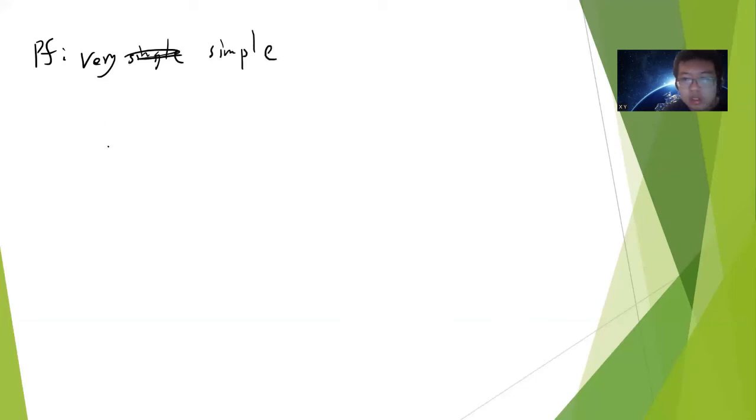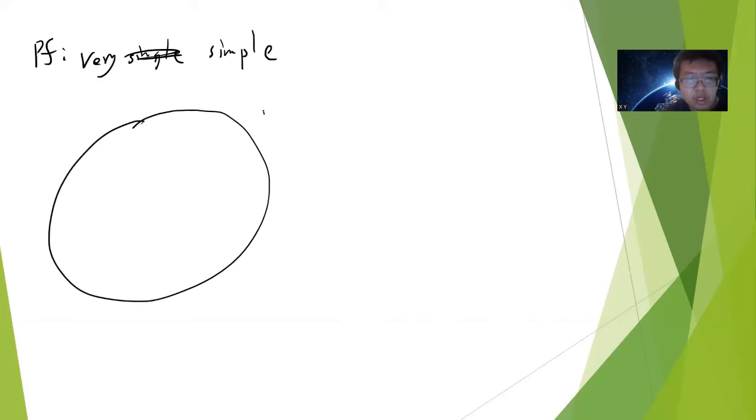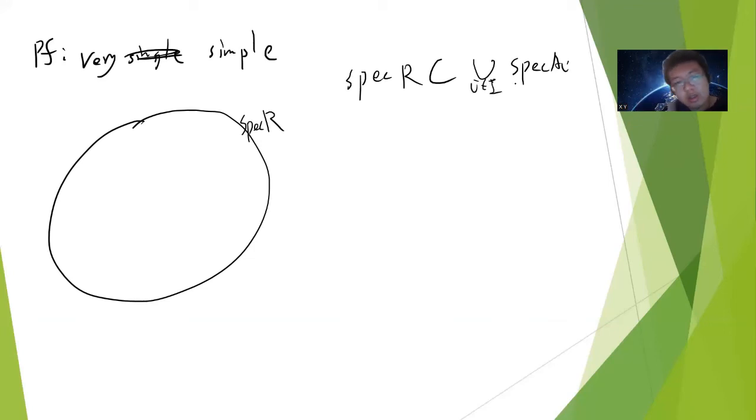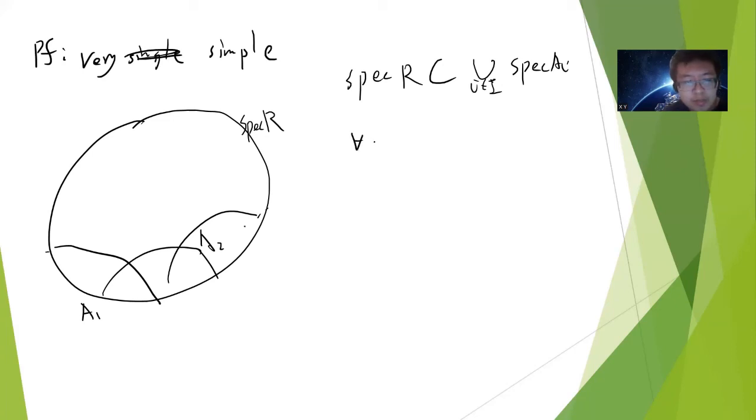You start with, let's say, Spec R. And then we know that Spec R is definitely covered by these Spec A_i. So Spec R can be separated, maybe this is covered with A1, maybe this A2, and keep going. Okay, so the idea is that for every P belonging to Spec R,